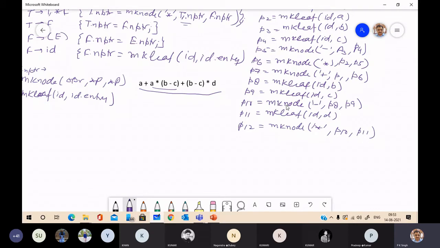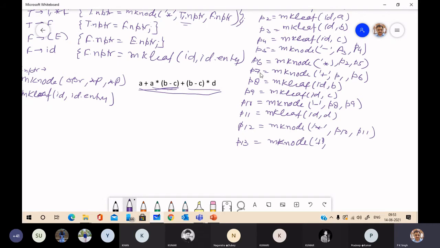And then we have this and this, perform the addition. To perform addition, P13 is make node plus.